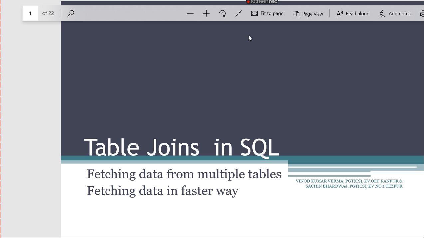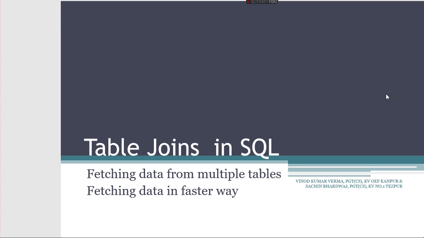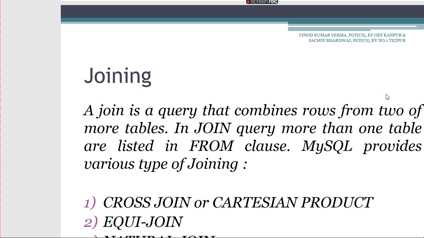Anyway, side by side, I need to go through your syllabus. The next topic is table joins in SQL, how to fetch data from multiple tables. Still, we have created only one table, student academic or student personal detail only. Afterwards, you are going to create so many tables and fetch data from every table. So you have to connect, you have to merge every table and you can fetch all the data from multiple tables. This is what your curriculum has. Now the next thing is how to join tables.